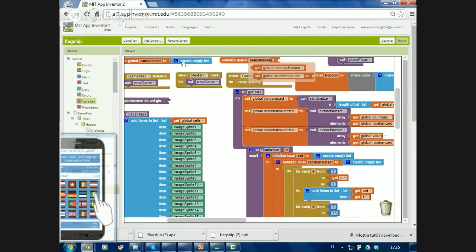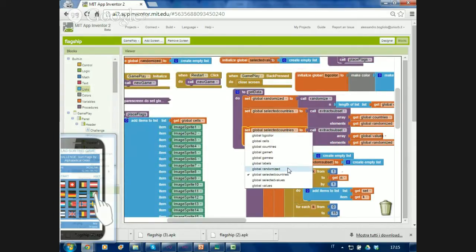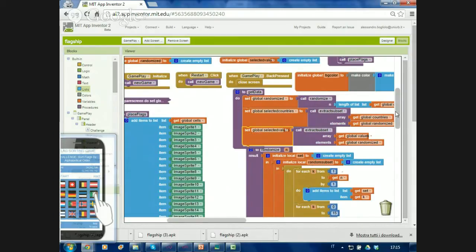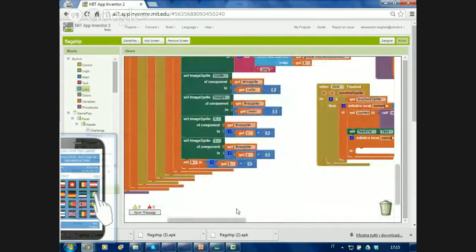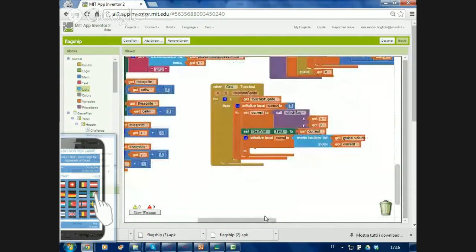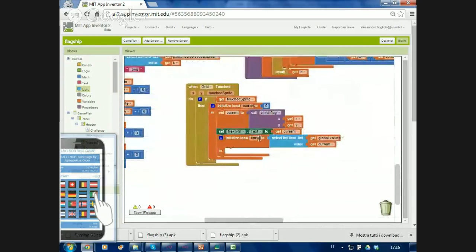Selected values, and we can initialize it to an empty list because it will be then reassigned here, and there is the selected values variable. Now I can use this selected variable in place of this one, which are just the values,